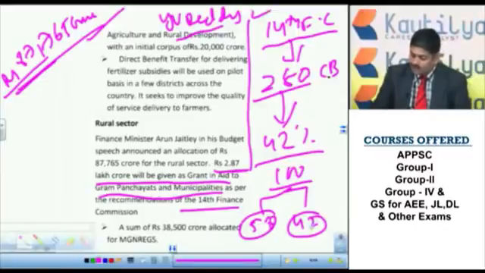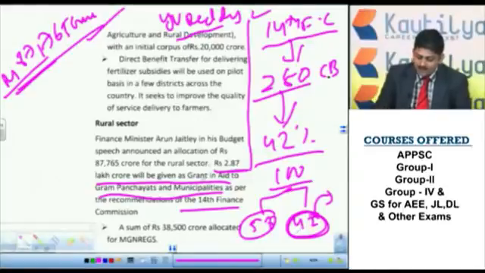Out of this 42 rupees, the Finance Commission has recommended how the amounts should be distributed among the states and how states have to give to the local governments. That is what this rupees 2.87 lakh crore grant in aid is. Based on the 14th Finance Commission recommendation, this amount was specified. Finance Commission is a constitutional body under Article 280. Who was the chairman of the 14th Finance Commission? It is Y.V. Reddy. These are important points.